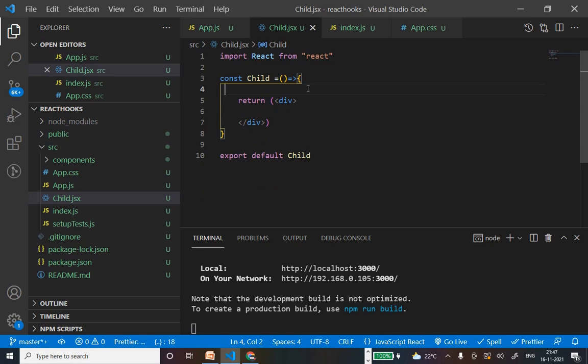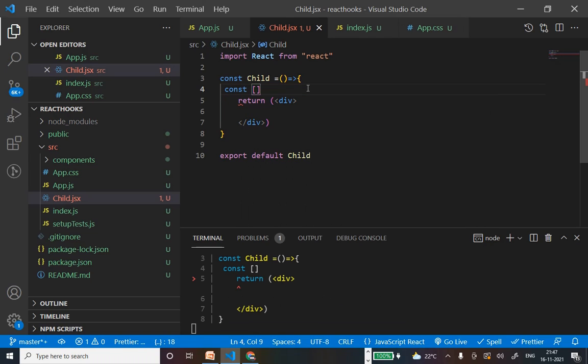We'll create a state here for count. What we are going to do in this video is update the counter. So we'll be passing that updated count value from child to the parent. Parent will not have any original value, it gets the value from its child. So that's what we are going to do. But before doing that, first let's update the count value using the child component itself.